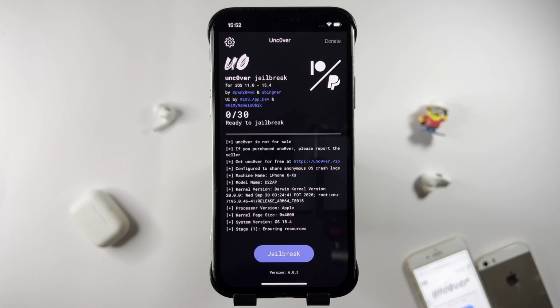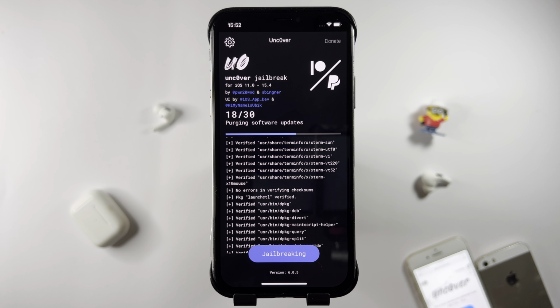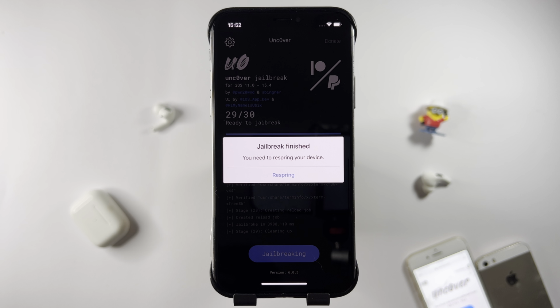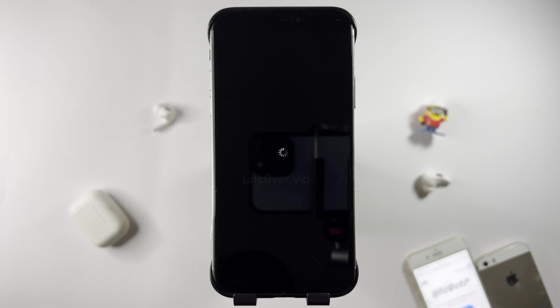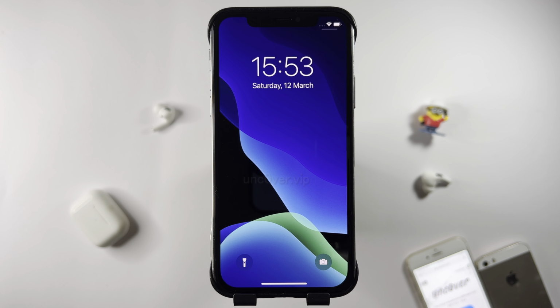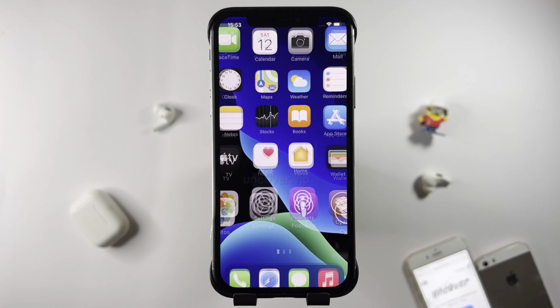So to jailbreak the device, you'll see a jailbreak button at the bottom, press it, and as you can see, it has now started jailbreaking my device. Now the process actually happens pretty fast. So let's just wait for it to do its thing. It's going to say jailbreak finished, you must restart your device. So now we will wait for the phone to restart and see if it has been booted into a jailbroken state. So let's open up the device and see if Cydia is here, and as you can see guys,